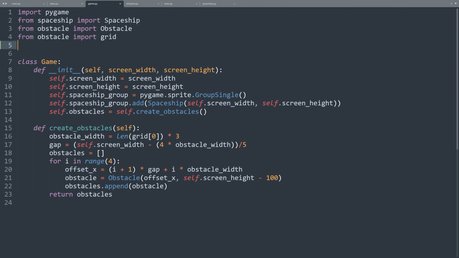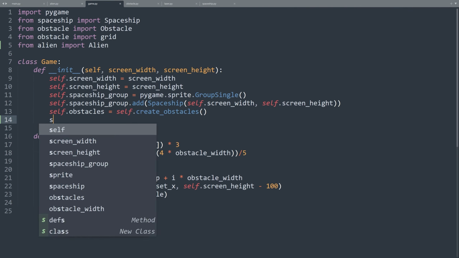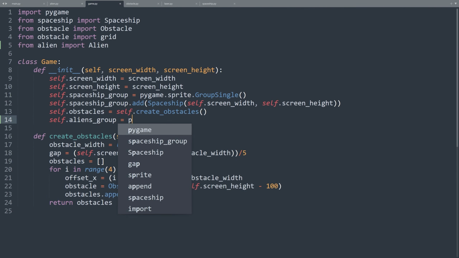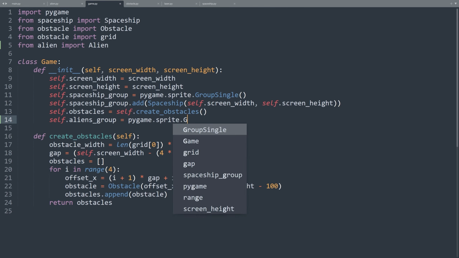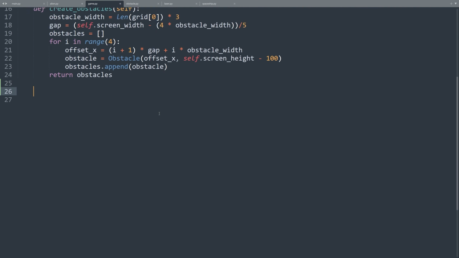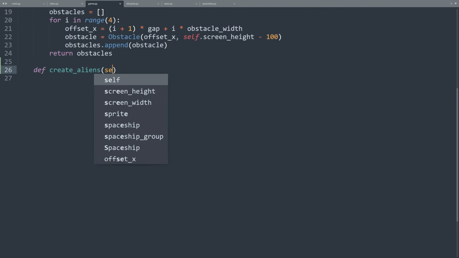First, let's import the alien class. From alien import Alien. Now let's create an aliens group attribute in the class that will hold all the aliens. self.aliens_group is equal to pygame.sprite.Group(). The next step is to create a new method in this class which will be named create_aliens. So we type def create_aliens(self):